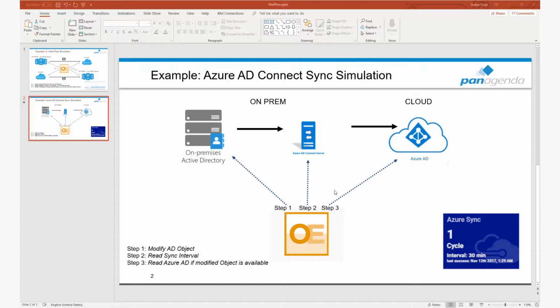What OfficeExpert does with the Connect Sync Simulation is modify an existing on-prem Active Directory user object. As a second step, it checks the sync interval of the Connect server. And as a third step, it checks if the modified user object is already synchronized successfully with the cloud. And because it doesn't want to check the cloud immediately after it has modified the user